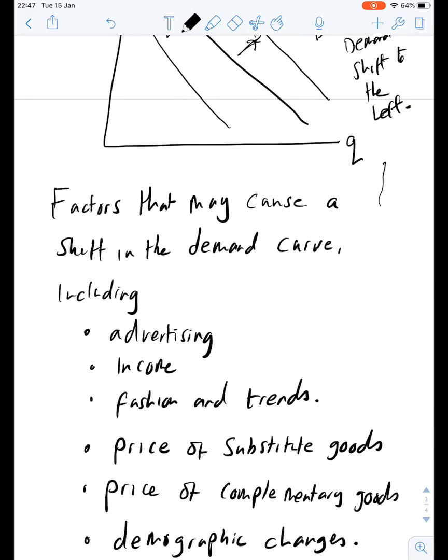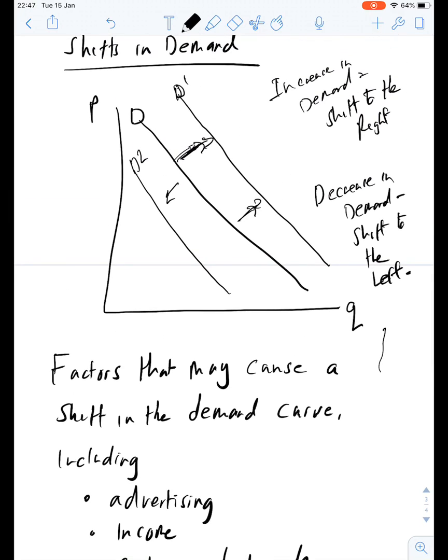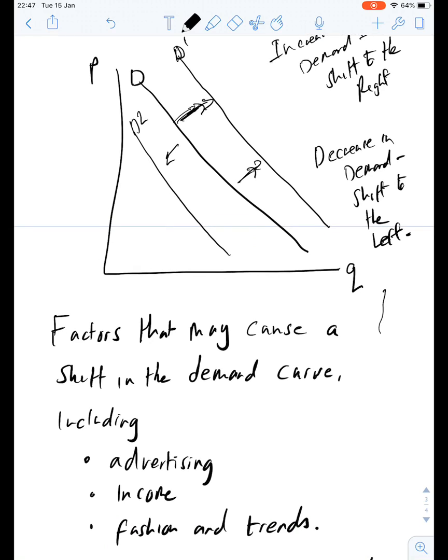to the left. Income, if people's income increases, demand will shift to the right because consumers have more money to spend on goods and services, and if their income decreases, then the demand will decrease to the left because they